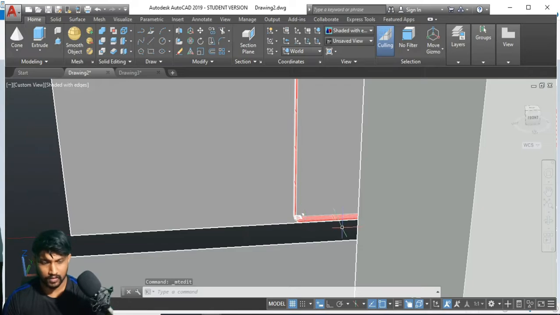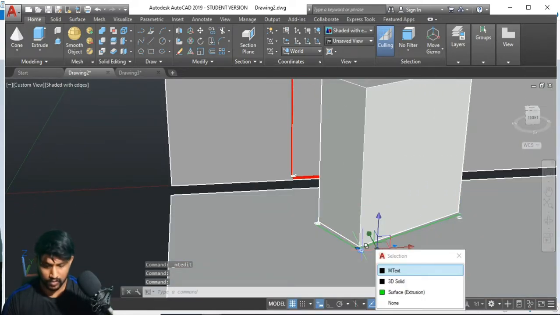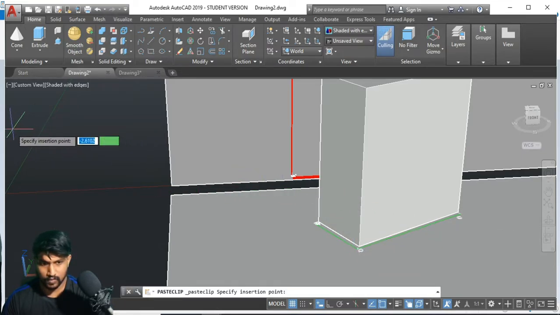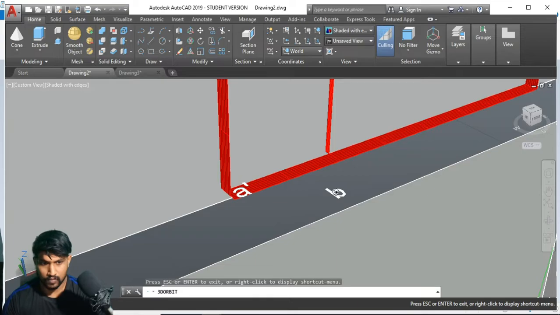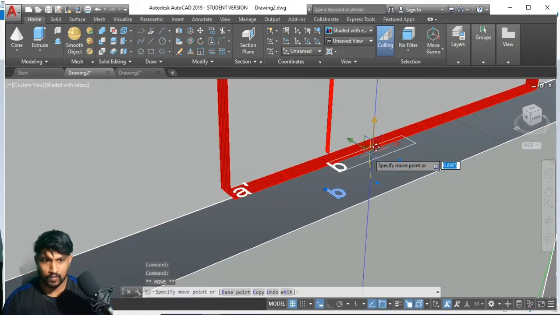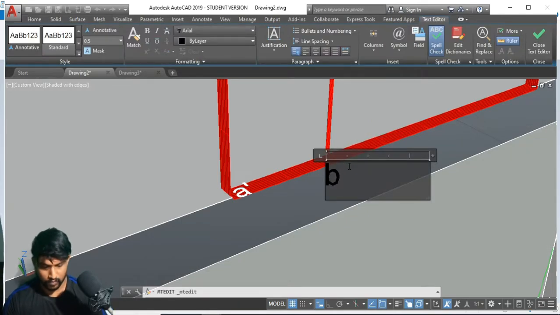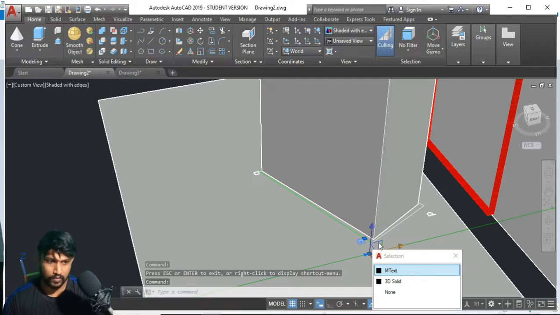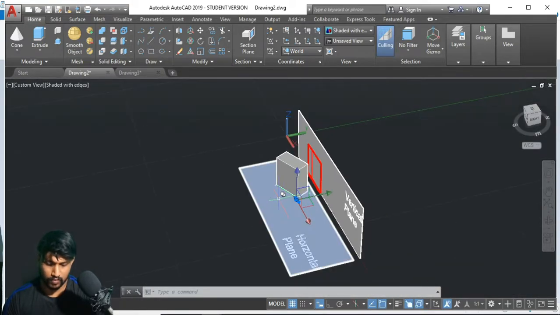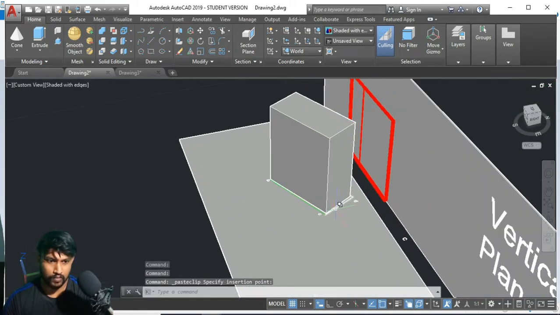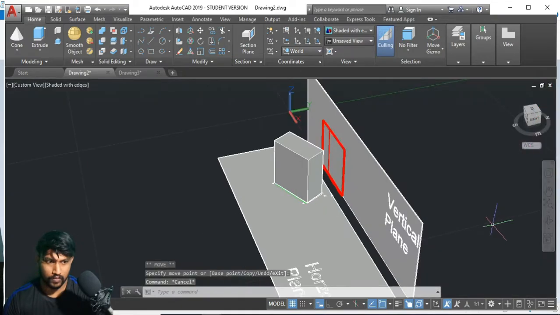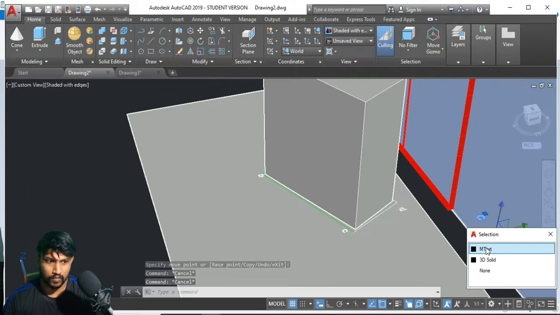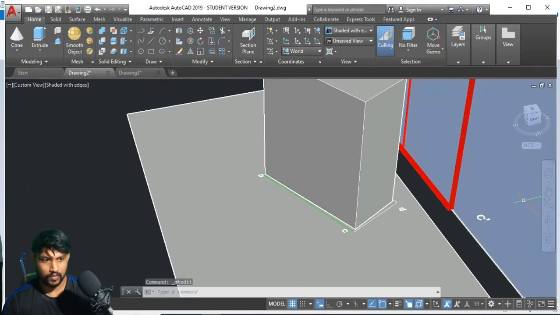Mark this one as A dash, since that's the front view. B dash. This one here is C dash.